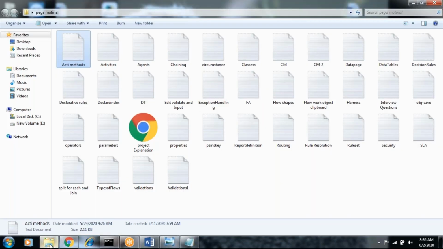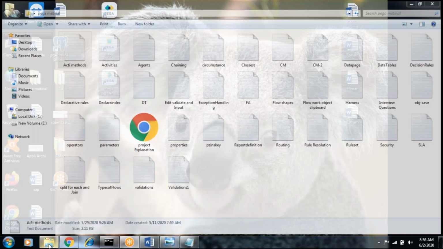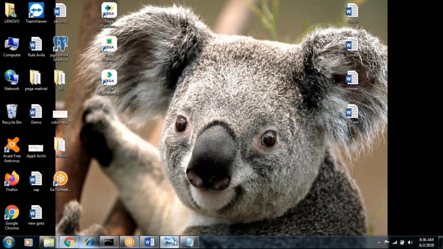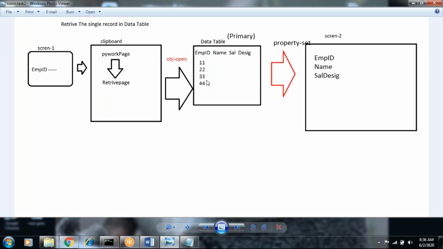So let's move on. The Open is the open task. Whenever the data is fetched, it will be displayed on the screen too. This is for display purposes; it is a read-only screen. In the property set, you can set the data from the primary page to the retrieve page, so the input comes from the clipboard and the output is again stored into the clipboard only.